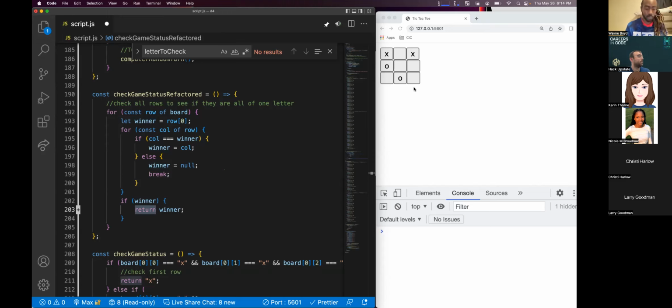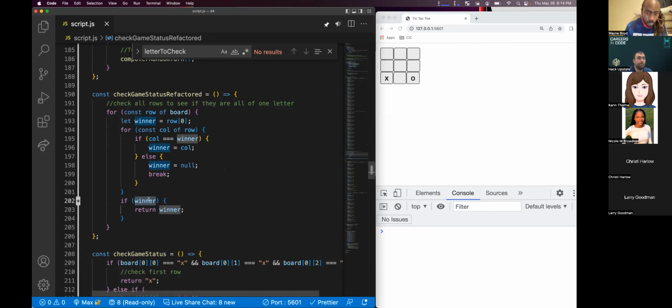Yes. If say the first row has no marks in it, would those count as the same, or does an empty space equal false? An empty space will equal false. But we only check down here to see if there's a winner.